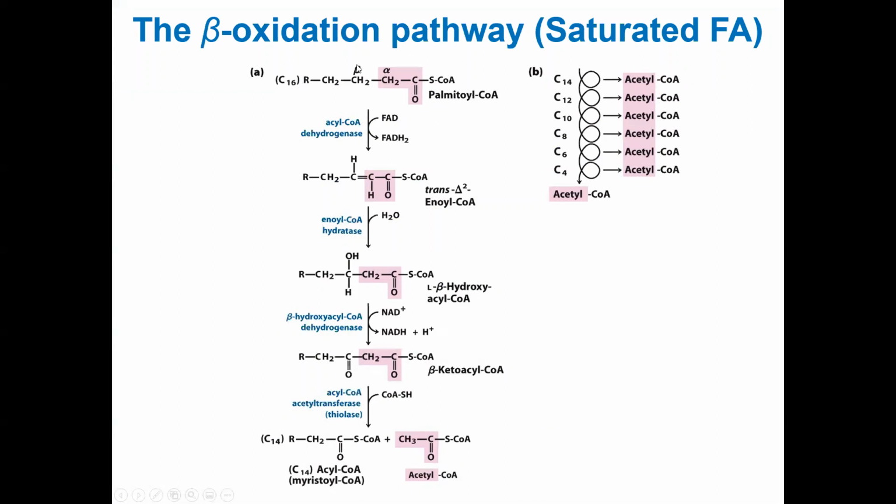In the first 3 steps, you make this beta keto acyl coenzyme A of the fatty acid, right? So those are the 2 carbonyl groups. That's why beta keto. If you remember, this beta carbon is the one that got oxidized, right? So 3 steps do that, and in the 4th step, thiolase will break it down using coenzyme A to produce a 2 carbon acyl coenzyme A, a short activated fatty acid, right? And you do this cycle again and again, right?